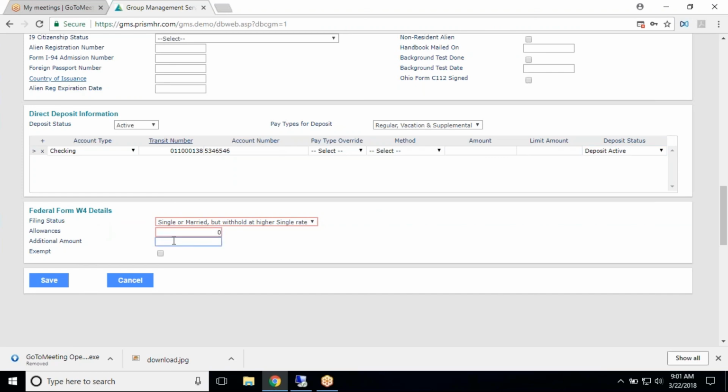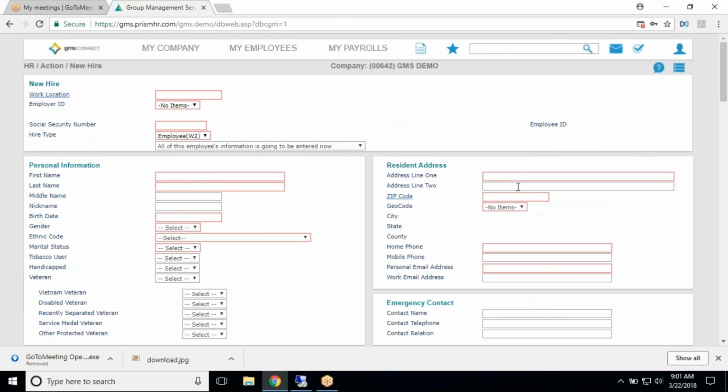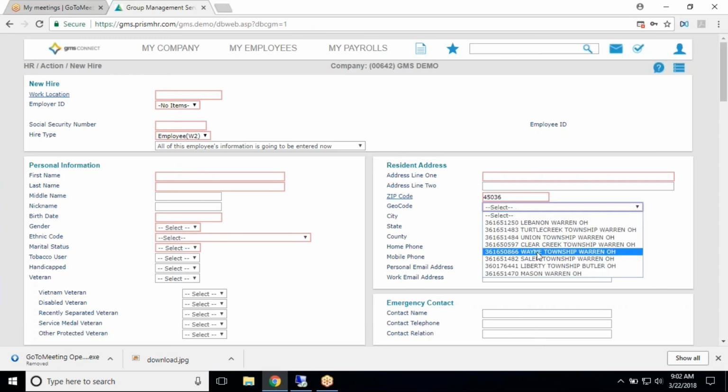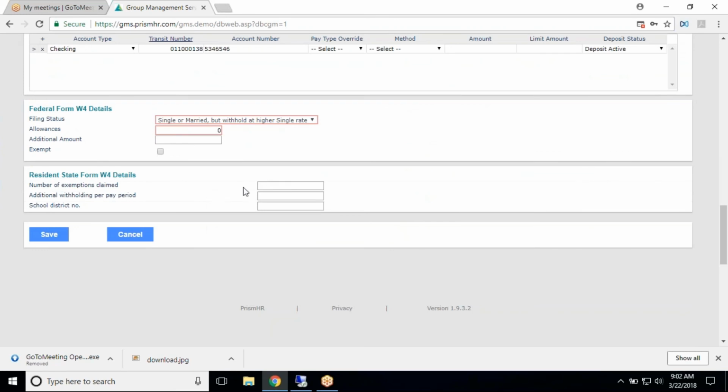And once you've entered that, it will pull up the state, whatever state was entered up here. So let's say you do Ohio. Just a second, let me get one entered in. So we're pulling up Ohio up here. It's going to pull the resident state form for Ohio. So you'll just put in whatever their information is. If you have someone in New Jersey, whatever state they live in, it's going to pull for that state. Once you've got everything entered in, you'll just hit save, and it'll tell you that it